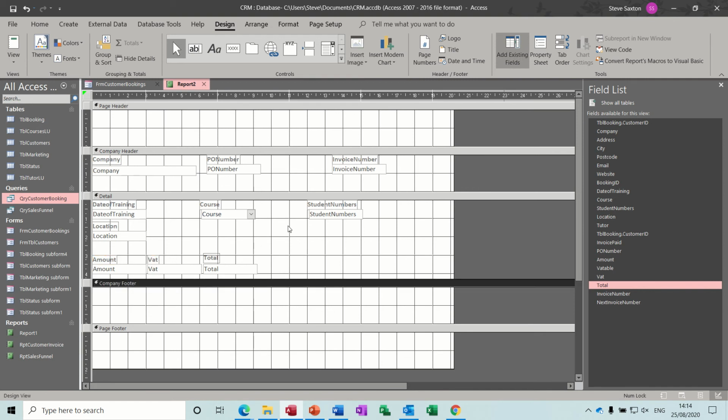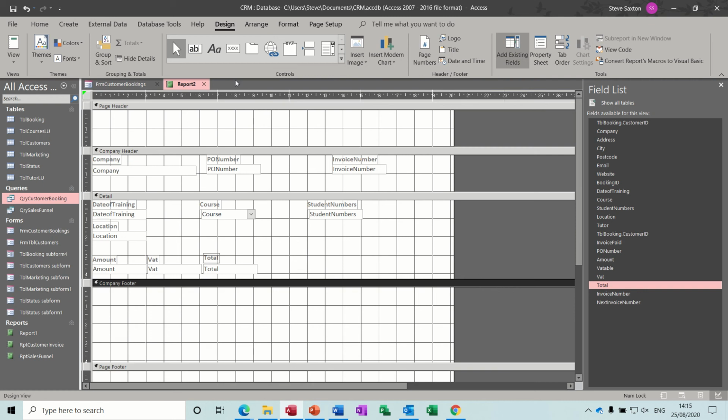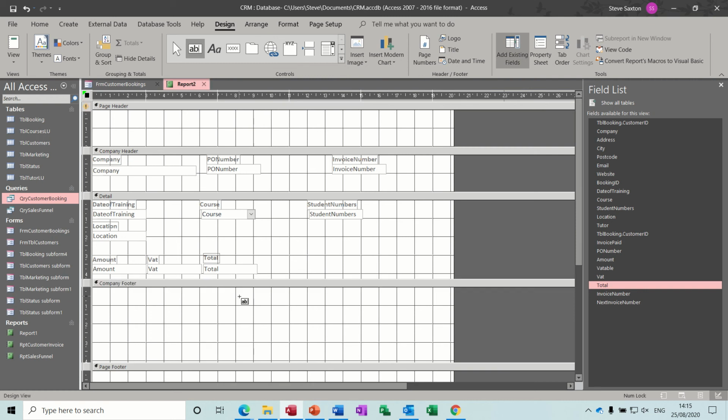Now to work out the sums, the total, because there's 2 courses on invoice 11, 2 dates of training, I need to do some totals at the bottom here. So if I just pull this down a bit, this is where you're going to use the A, B button. So I'm just going to draw a rectangle, and the first one is going to be equals sum, open bracket, square bracket of the amount, close square bracket, close normal bracket,